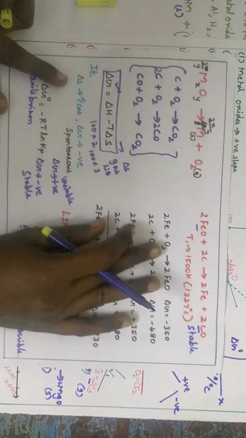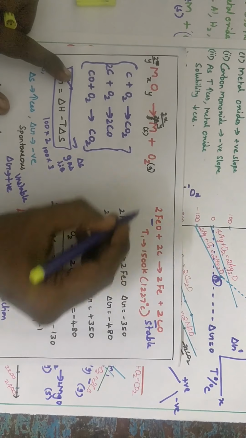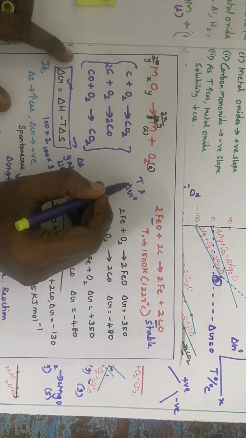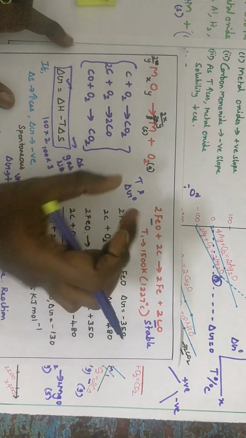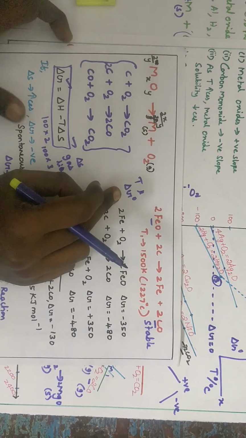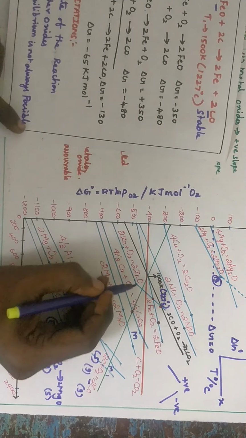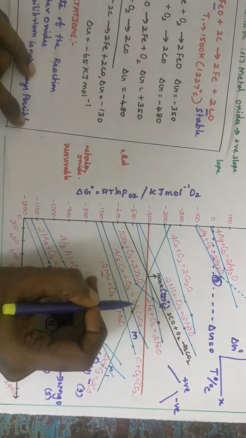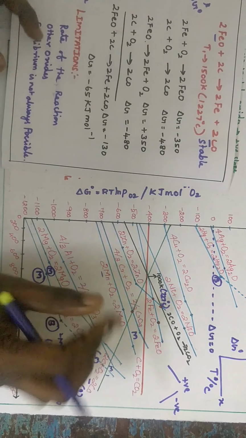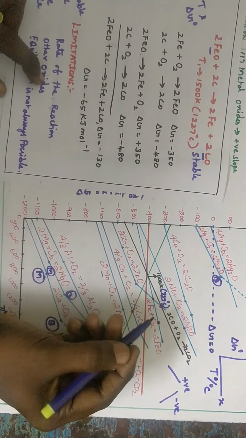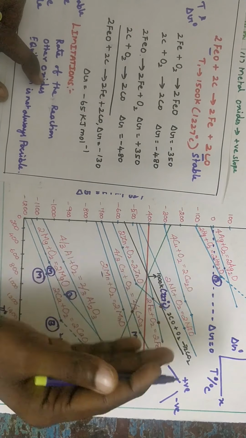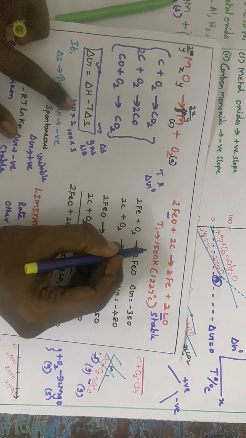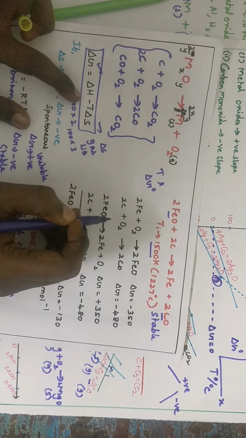Third, favorable condition means thermodynamics is used to measure the temperature and also the delta G naught. So you have to find out the temperature and also the delta G naught value. As already mentioned, up to 727 it is unstable; after 727, carbon monoxide is stable. That means after 1000 Kelvin, carbon monoxide is more stable. Suppose they fix a particular temperature, say 1500 Kelvin.